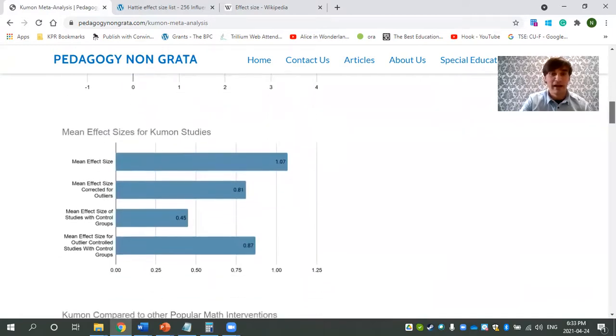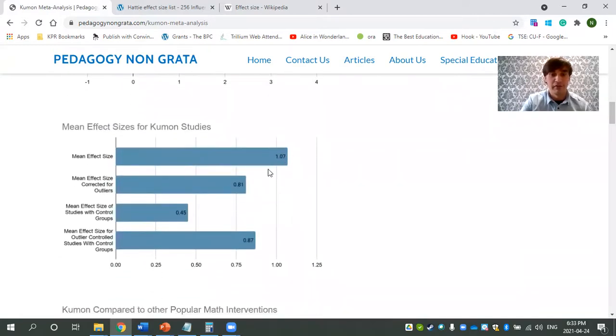So I averaged out these results, and I found a mean effect size of 1.07. There's a couple of different ways we could analyze that, and I've included that below, but that's for another episode. So this tells us that Kumon, generally speaking, is fairly high yield. Now, there's other ways, though, we can look at this, because